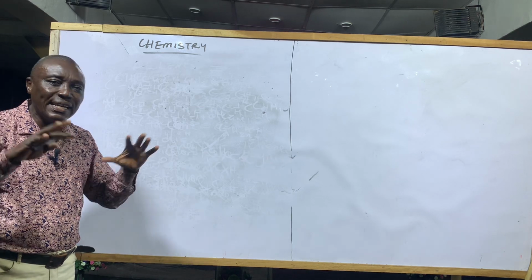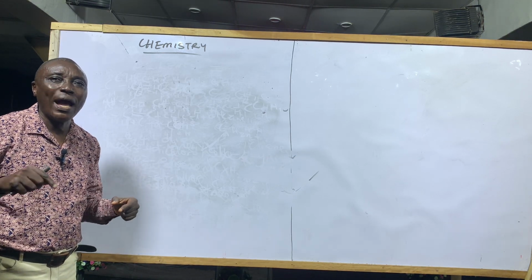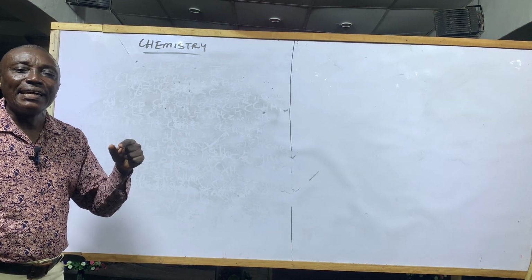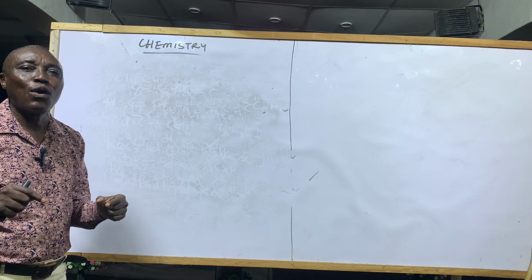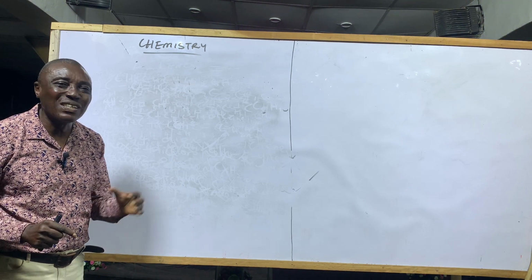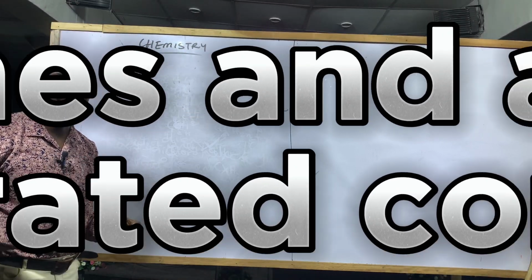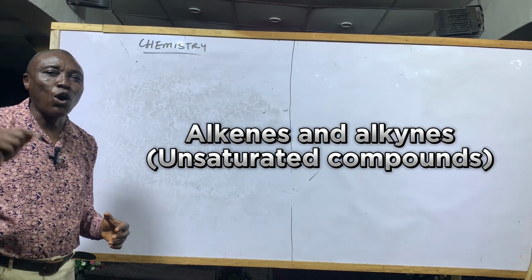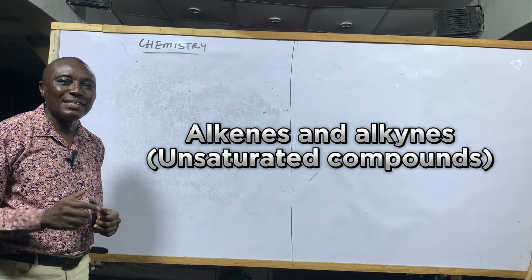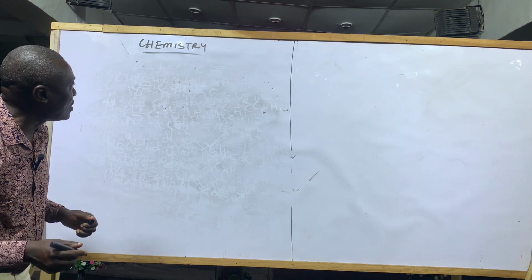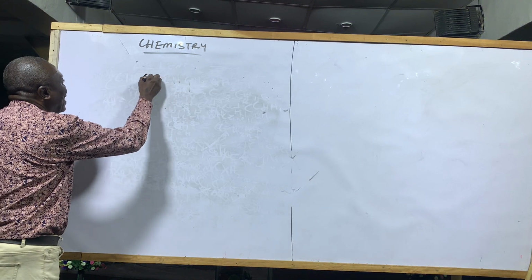Today, in this video, part 2, we are looking at the IUPAC naming of unsaturated compounds, because the alkanes are the saturated compounds. The alkenes and the alkynes are the unsaturated compounds. Now, a compound like this,